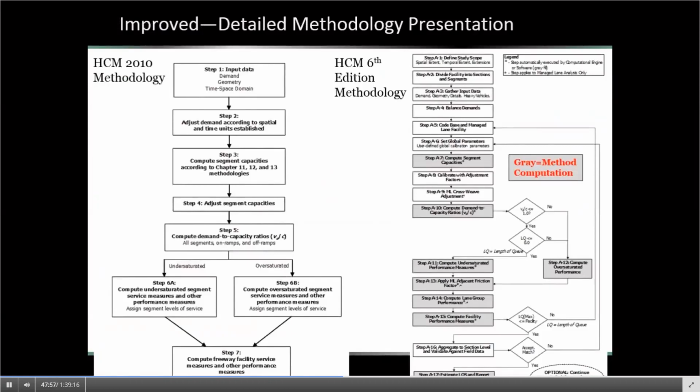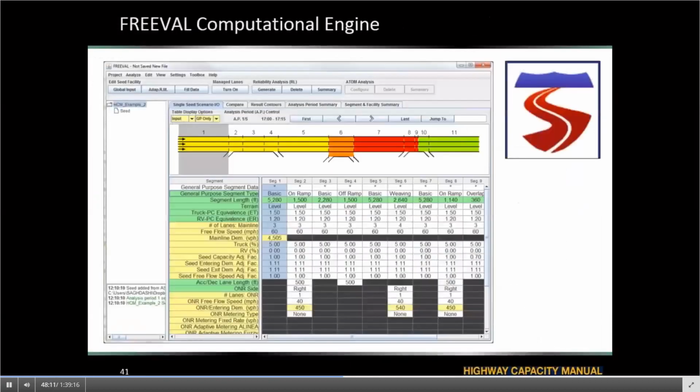So this shows a process flow for the Chapter 10 freeway analysis. It looks quite complex, and in fact it's more complex than what we see in this graph. This is a high-level process flow. So in order to do freeway facilities, or on top of that reliability, or again on top of that ATDM analysis, we do need access to some sort of software tools. The good news is that the HCM comes with a set of computational engines.